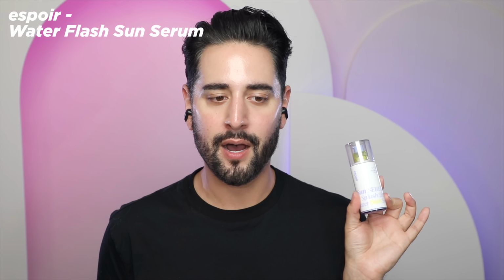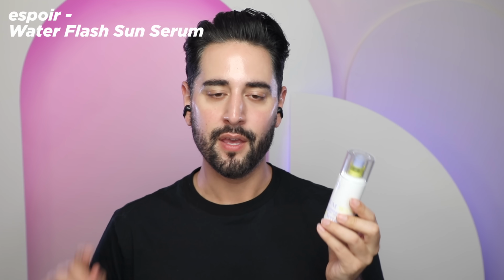This is the Espoir Water Flash Sun Serum. When you hear serum, you think it's lightweight, it's going to be fluidy. Sun serum, you expect it to be this clear, refreshing, watery kind of lotion. And this really is. I bought it and then looked at the ingredients after and I saw